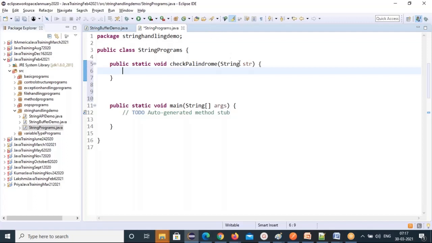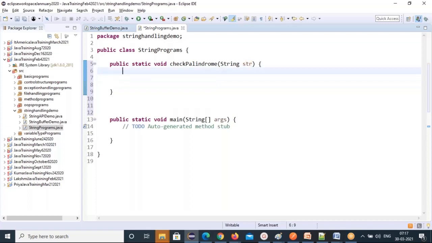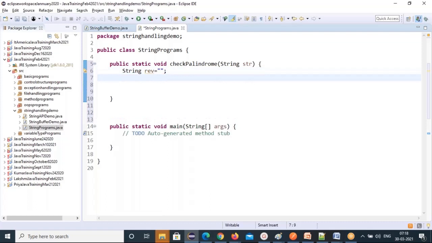So I can do this many ways, but let me give you one way, and two ways I'll give you. The interviewer, what he asked, I'll try to give that also. So first, I'm declaring one string reverse equal to empty, so I'm not reversing anything yet. You have to use a for loop. I need to start with the last character, int i equal to...